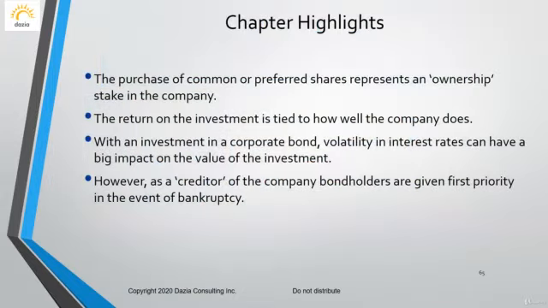The purchase of common or preferred shares means you get an ownership. Ownership meaning you're buying a percentage of the company. And when you buy a couple of shares, you're only buying a very small percentage. Unless you're getting like 10%, 20%, then you have more say, more control of the company. And if you get more than 49 or 51% of the company, then you have a majority stakeholder stake in